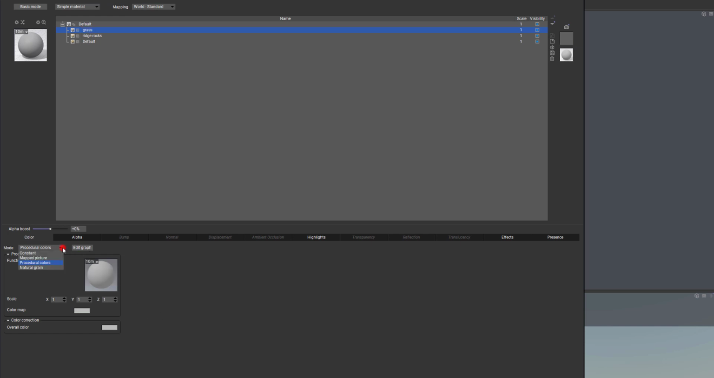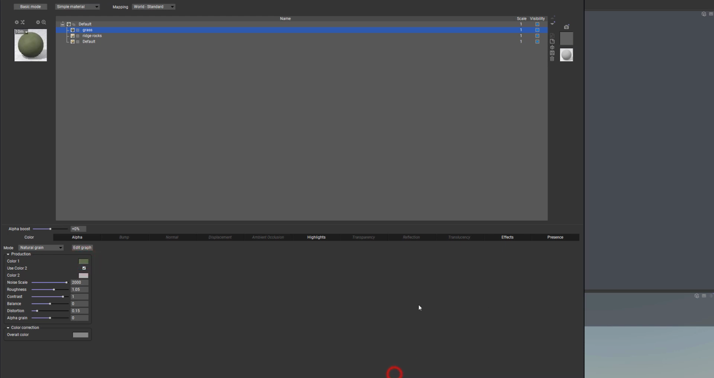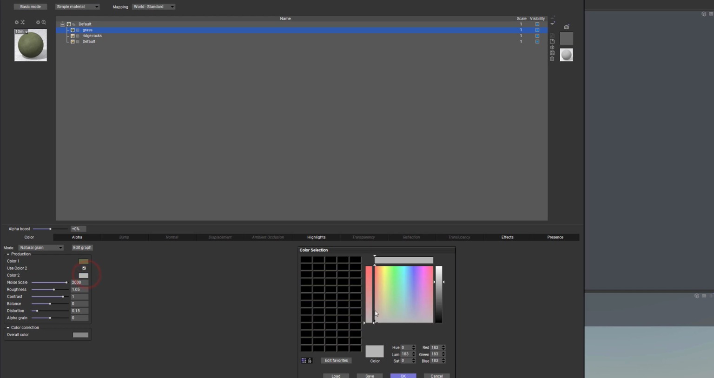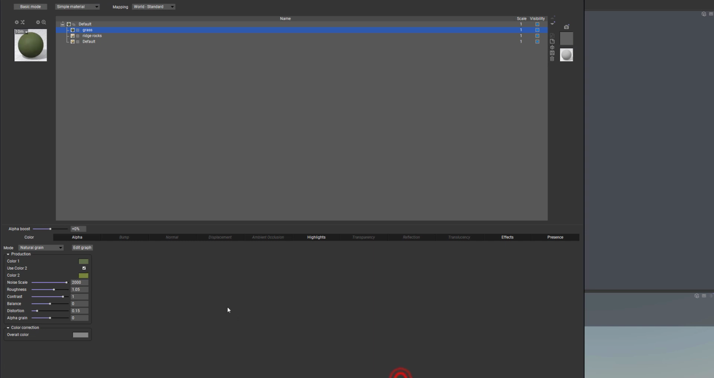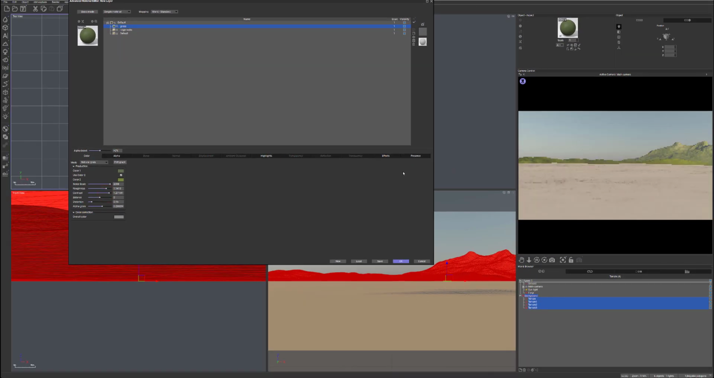So let's change to natural grain, and in natural grain we'll select a kind of muted green, and let's select a yellowish green, a little bit brighter, maybe like right there. So between those colors, you can select grain. Let's increase a little bit more roughness, grain, contrast. So it's again creating these dots,